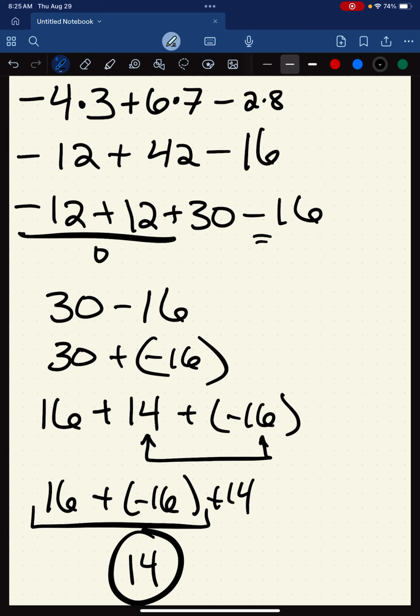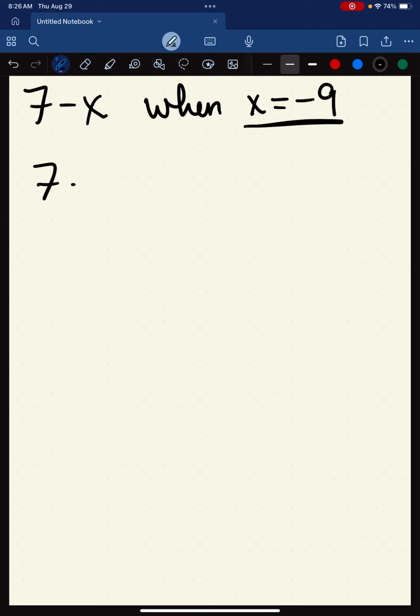All right. Now, we're going to start looking at the language of algebra and how we express these things. So let's do 7 minus x when x is negative 9. Well, we know we can just plug this in. So 7 minus, make sure you keep the minus in there, negative 9. But remember, minus is the same thing as plus a negative,